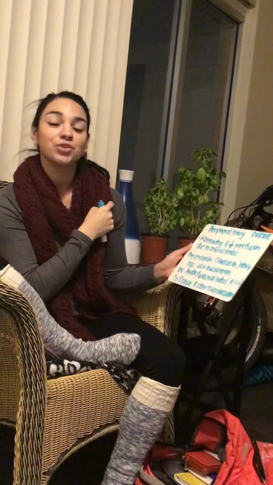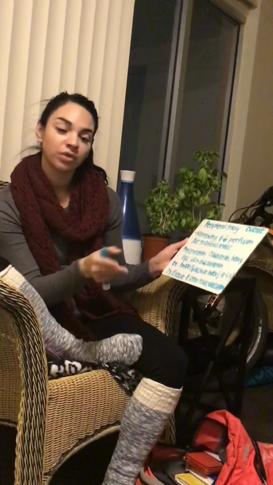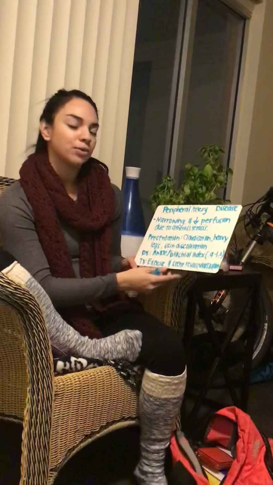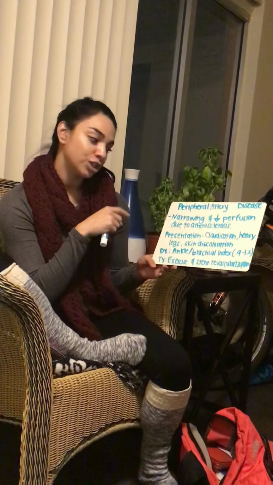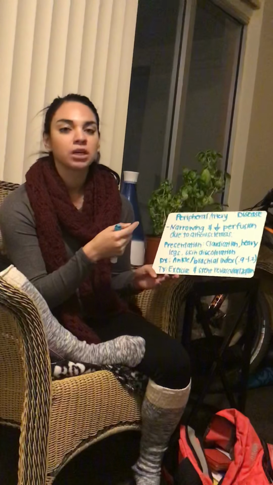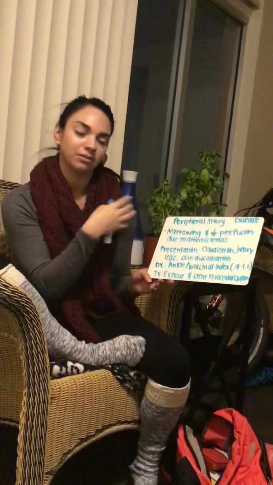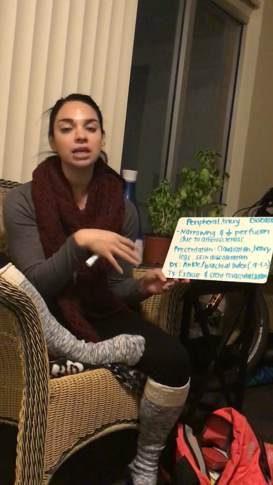We're going to go ahead and do our vascular disease video number 2. So I'm going to be starting off with peripheral artery disease, and this is narrowing and decreased perfusion due to atherosclerosis. And so when we say peripherals, we mean the arteries outside of the cardiovasculature, so like your legs, your